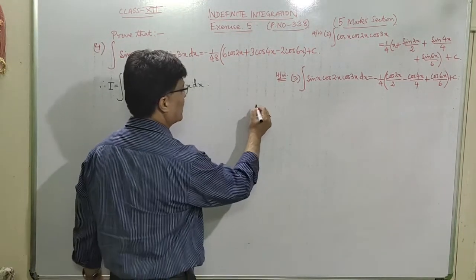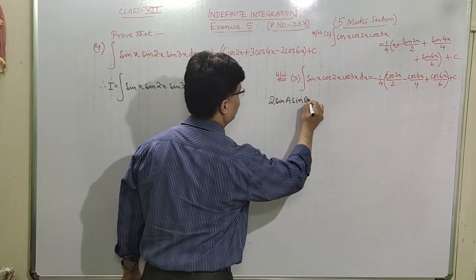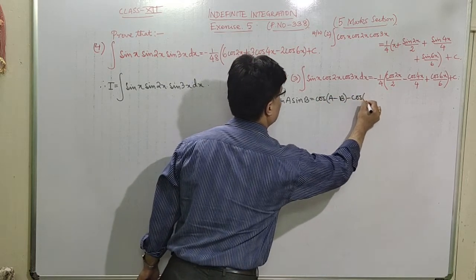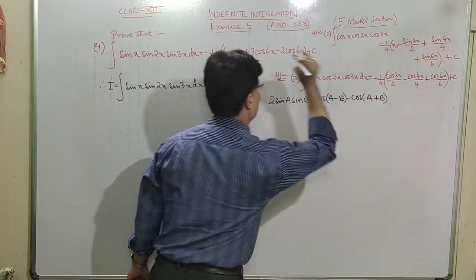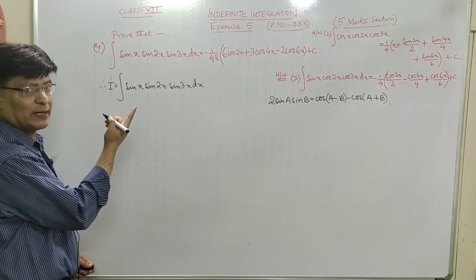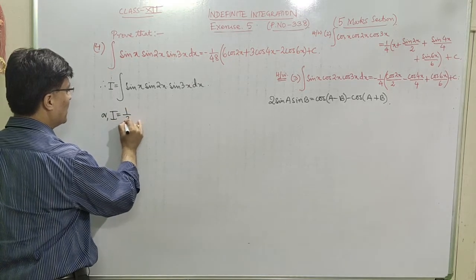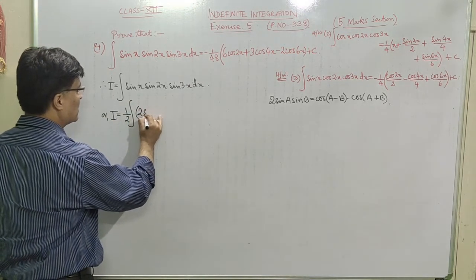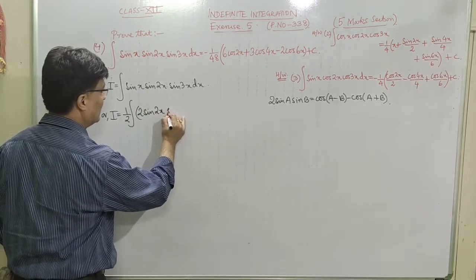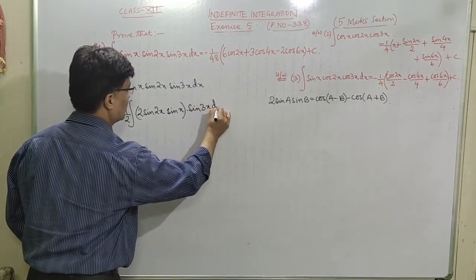Now in this case we can use the formula of 2 sin a sin b, which is equal to cos of a minus b minus cos of a plus b. So we can use this formula, right? Now in this case we need 2 here, so multiply and divide by 2: I is equal to half integration of, within bracket, write 2 sin, let us write the greater angle first, 2x is a, and then sin x, bracket closed, then we can write sin 3x